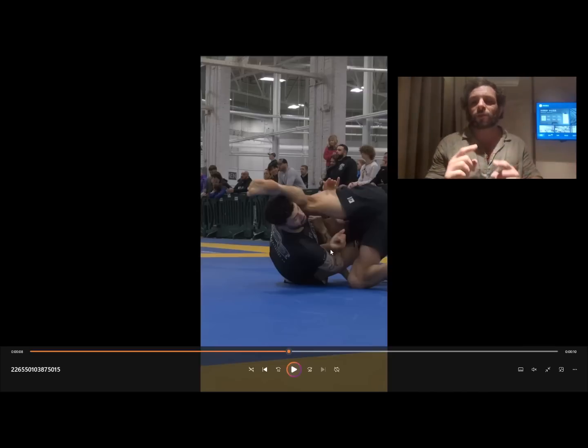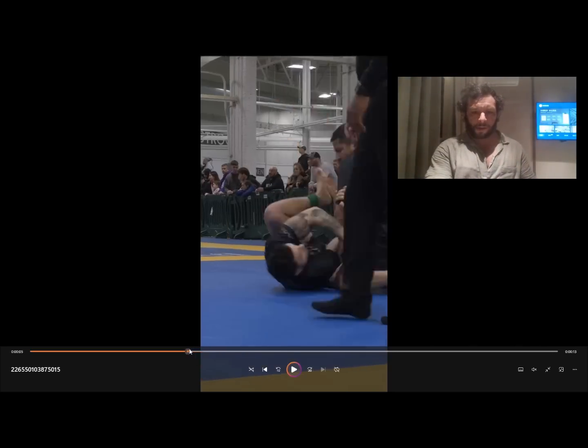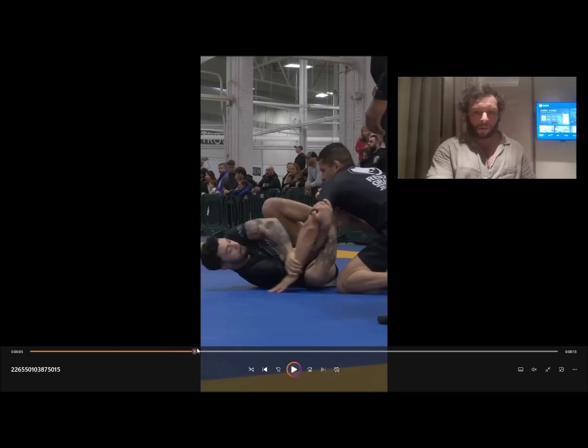The reason he can't do that here is because the wrist is turned externally to the elbow. So it's almost like he's being kimura'd, right? So yes, your grip is lower on his arm and your elbow doesn't have as much control of the shoulder as it would in a shoulder crunch. But because here, you can't really see because the ref gets in the way, the wrist goes outside the elbow,